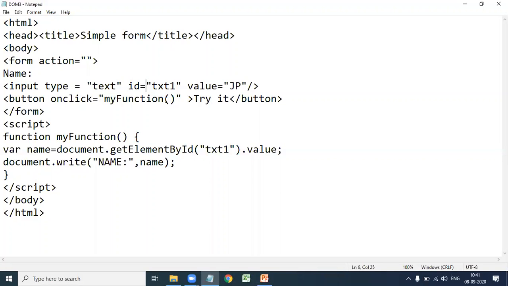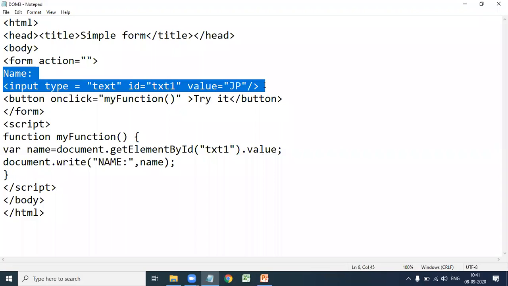In my function, we are accessing the value using document dot get element by ID of txt1. It returns the value of the element with ID equal to txt1, which is the input text box in the form, that is, the value you entered in the text box.